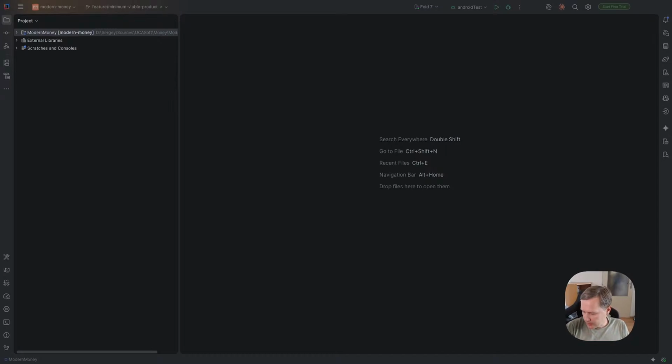Codename Modern Money. As usual, start disclaimer: I'm not a professional Android developer or any kind of mobile developer, so everything I'm doing here I'm just learning. So please, if you know how to implement something better, or you see some other improvement or new ideas, please feel free to provide feedback. Again, I didn't have any feedback for a couple of streams already, but yeah, I guess it's okay. Yeah, so let's